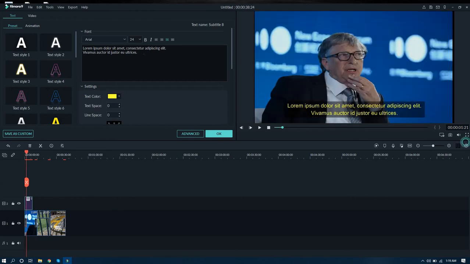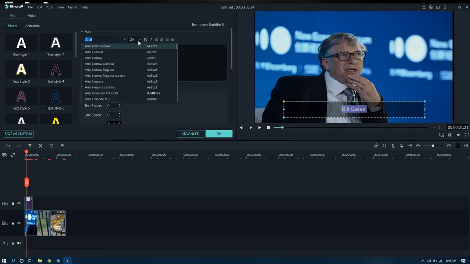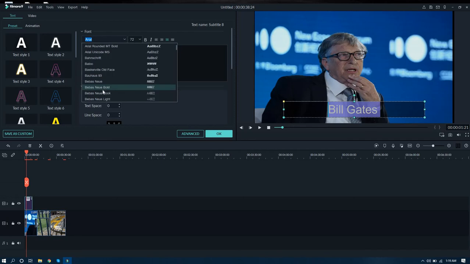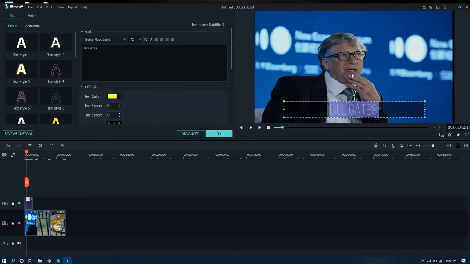And if you want to type any text here, you can type it here. And you can change the font here. And also, if you want to make the size of the text bigger, you can make it. Okay, and this is how we change the text.